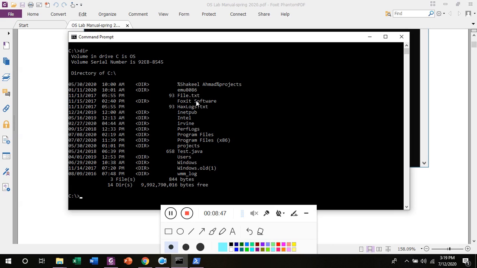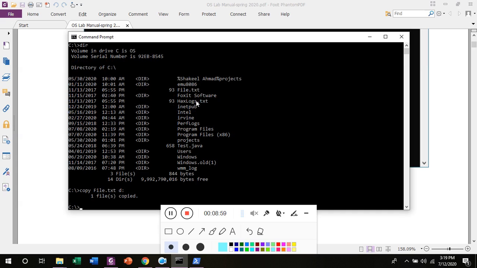So you have to type copy file.txt and the path where you want to paste this file. Let's hit enter. Now you can see one file is copied. To clear the command prompt, you can type cls.